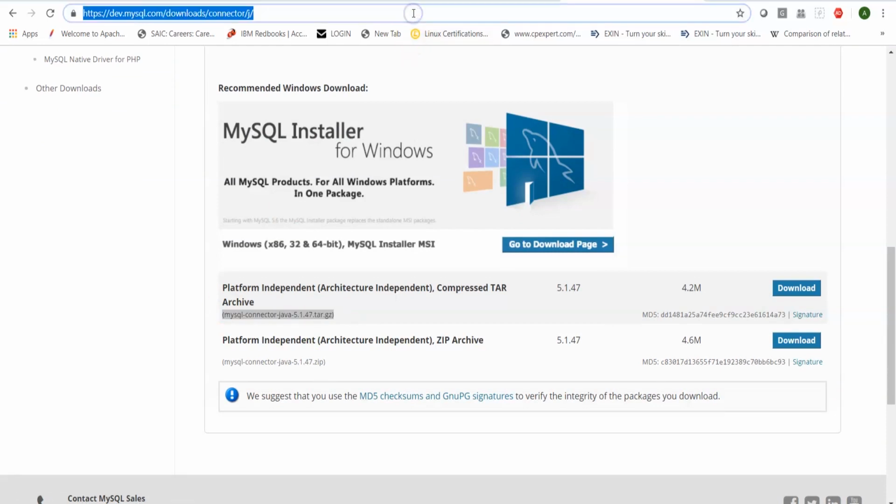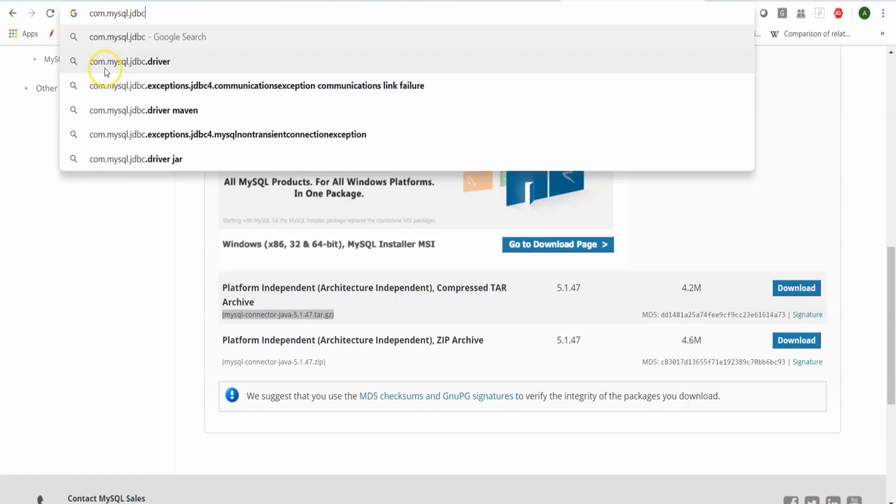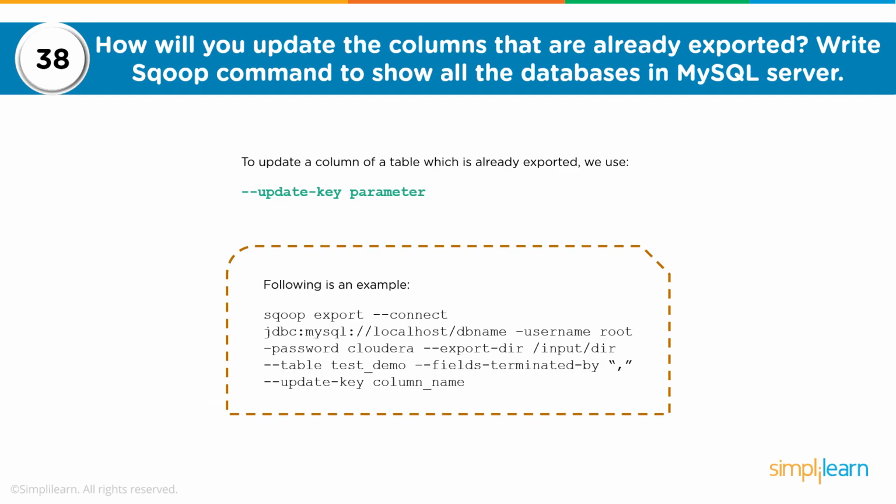Now, if you untar this file, you would see a MySQL connector jar. And if we look in com.mysql.jdbc, com.mysql.jdbc.driver, this is the package within the connector jar file, and it has the driver class which allows the connection of your Sqoop with your RDBMS. So these things will have to be done by your admin so that you can have your Sqoop connecting to an external RDBMS.